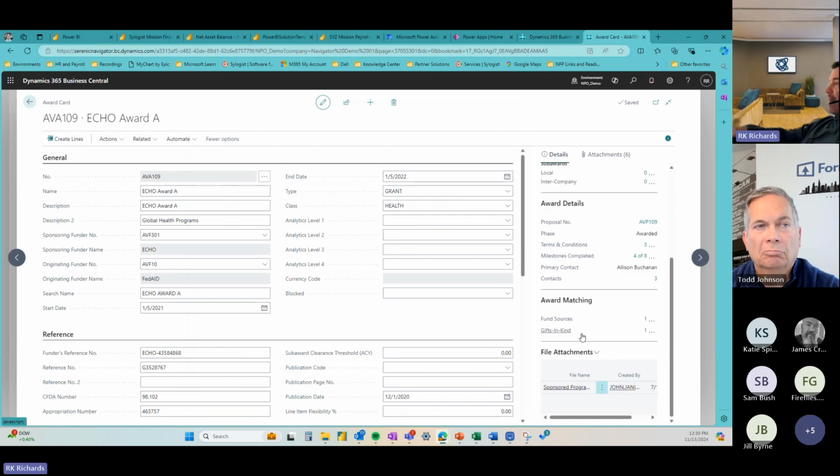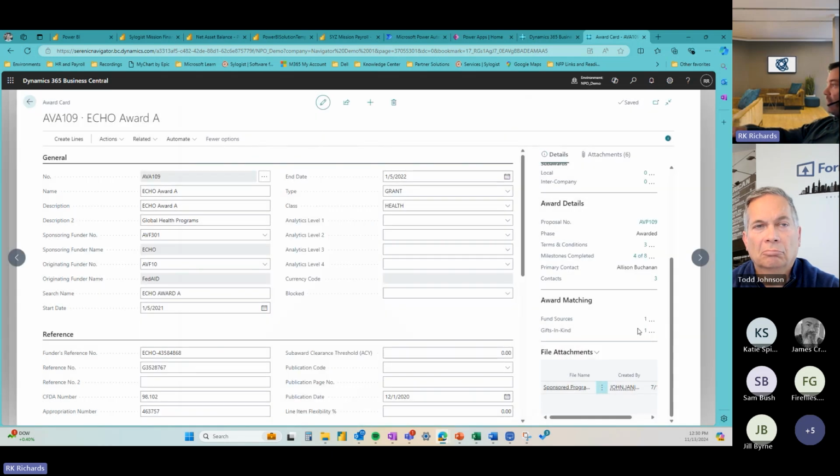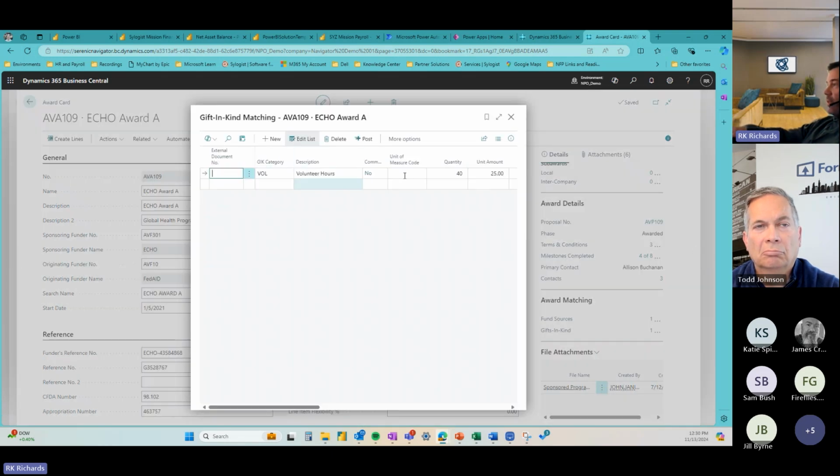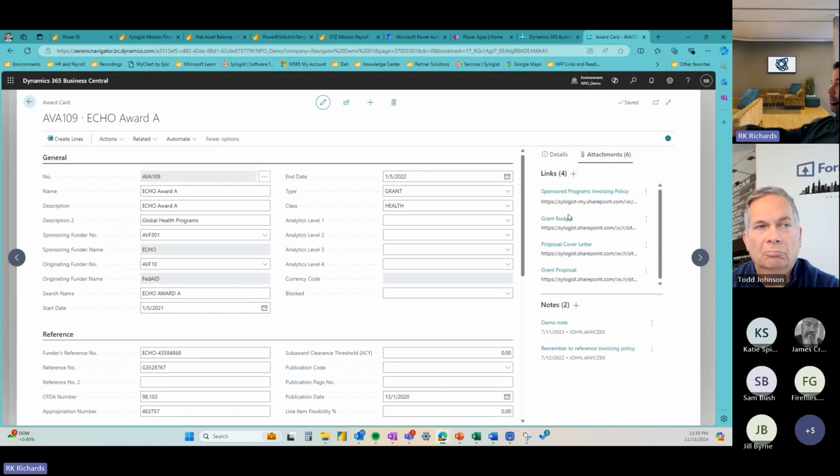If there's any sort of matching on this award, I can create matching sources, whether that's a cash matching source or maybe it's a gift in kind matching source. We provide functionality for matching as well. You can see here that I've got my file attachments and I've got all of those things that we previously